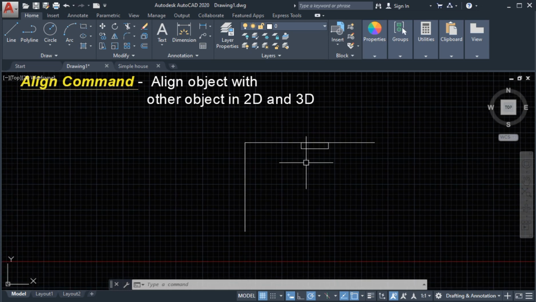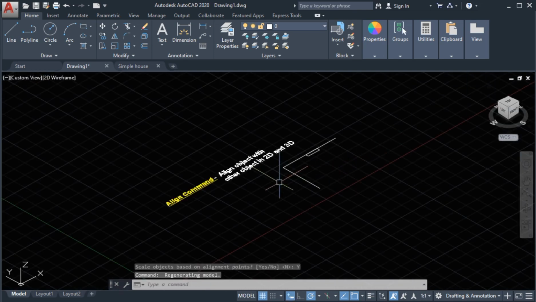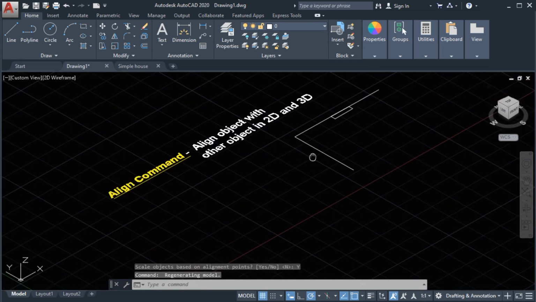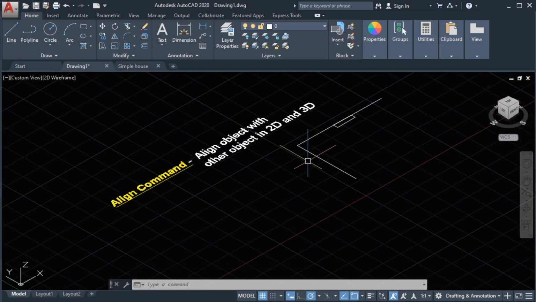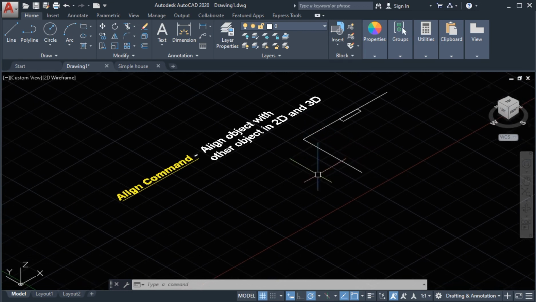So next, we are going to use this command in 3D. So we'll change our view. We're going to use this line for our reference. Now we're going to create a 3D object.